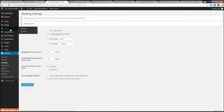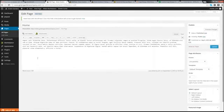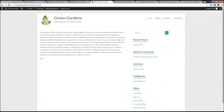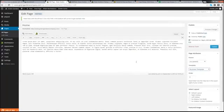If we go to pages, we go into home, and in a minute we're going to change it from here. It says template, default template. We're going to change it to business template. But before I do that, let's go back and quickly have a look how it is at the moment. You can see you've got content there, followed by a sidebar on the right. So if I change this to business template, this is the home page, and I hit update,